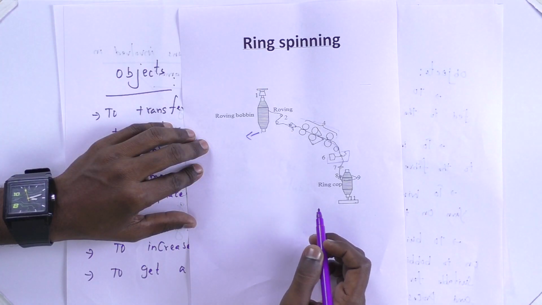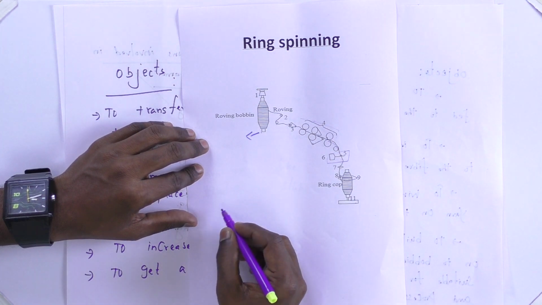A few latest developments in the ring frame: the creeling unit. Nowadays the creeling unit consists of an umbrella creel. It is a friction free creel. In olden days we used the Birkenhead creel, which is made of wood. It creates a stretching problem, so nowadays we are using the umbrella creel. It is stretch free, so it is used to increase the quality. Without stretching, the bobbin is unwound in the spinning ring frame machine.